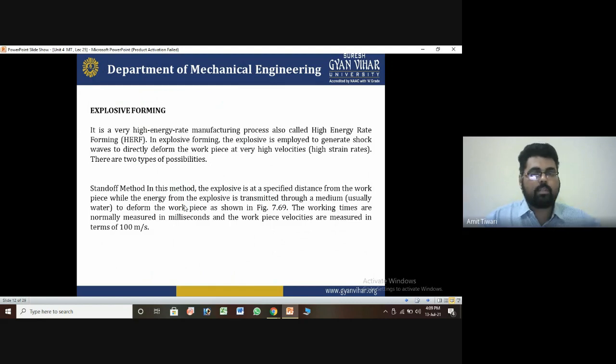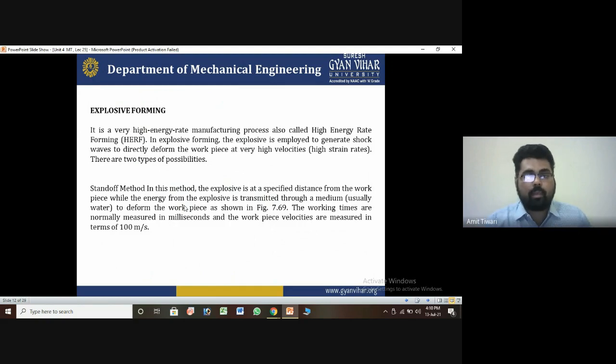So these are some conditions. These are the various conditions that must occur for the material to have good capacity or not. It is a very high rate manufacturing process, also called high energy rate forming, HERF. For better understanding, we can compare this technique to wire drawing, which is the easiest, while this is a very advanced process used for making the drawing,